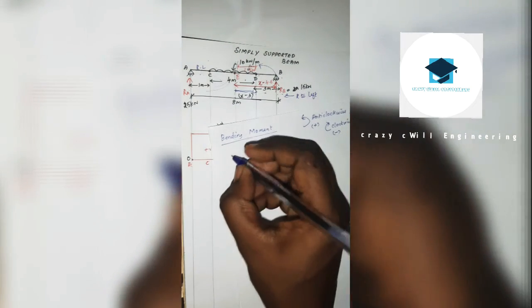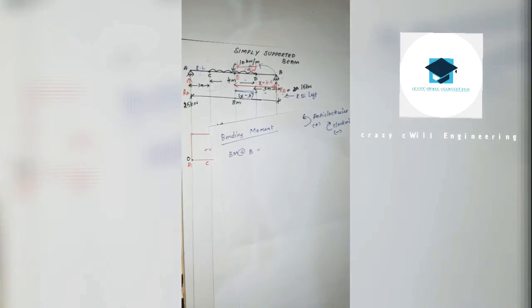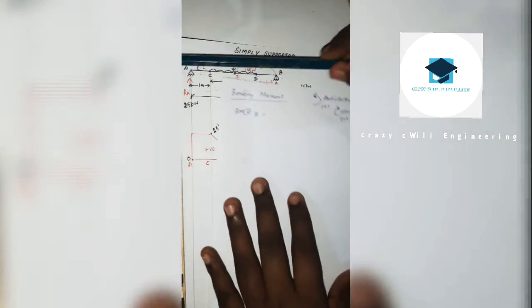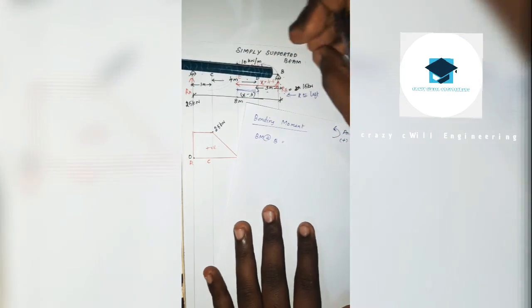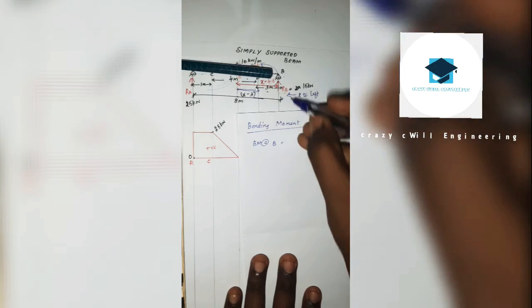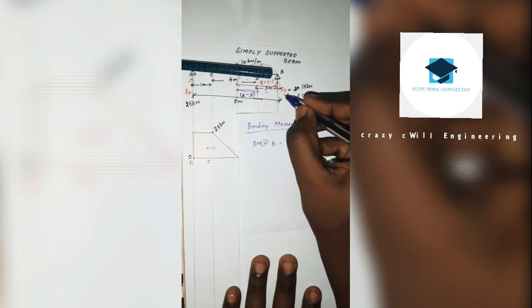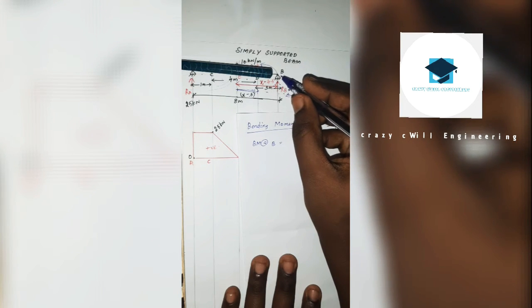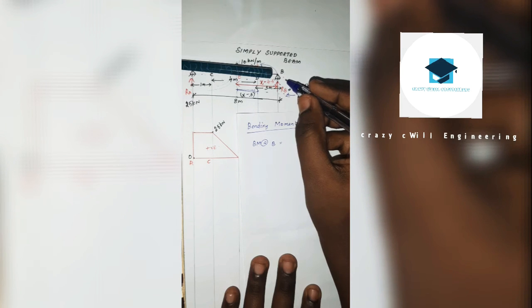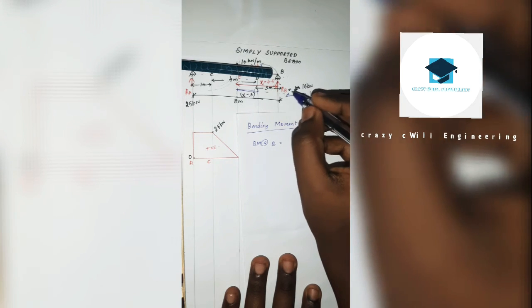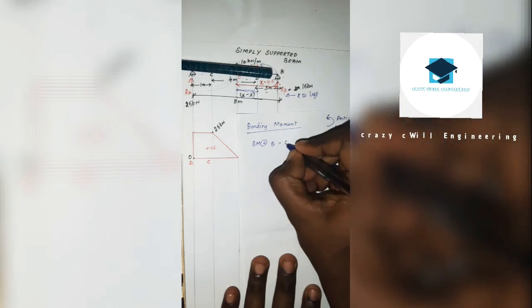So bending moment at B equal to, focus on A, B. Here one load is acting towards the upward direction. This is RB. Here I am taking the moment at B. At B there is no perpendicular distance. The moment means force into perpendicular distance. The force is there but the distance is not. So we put 0.